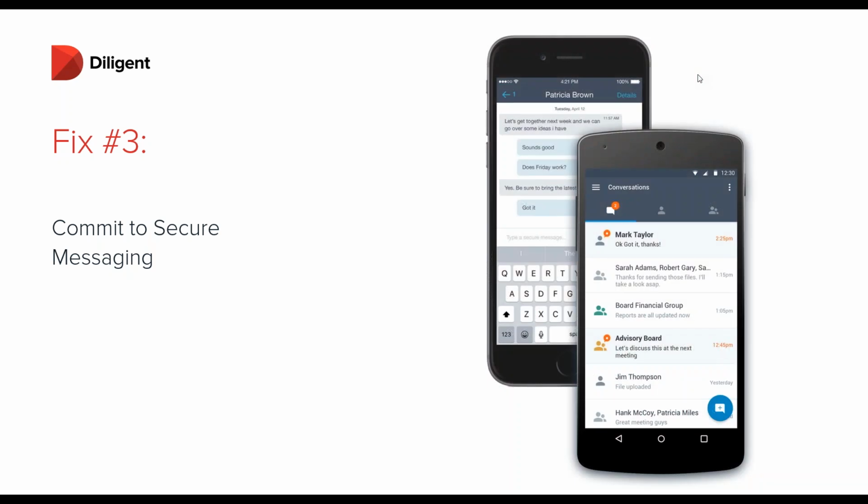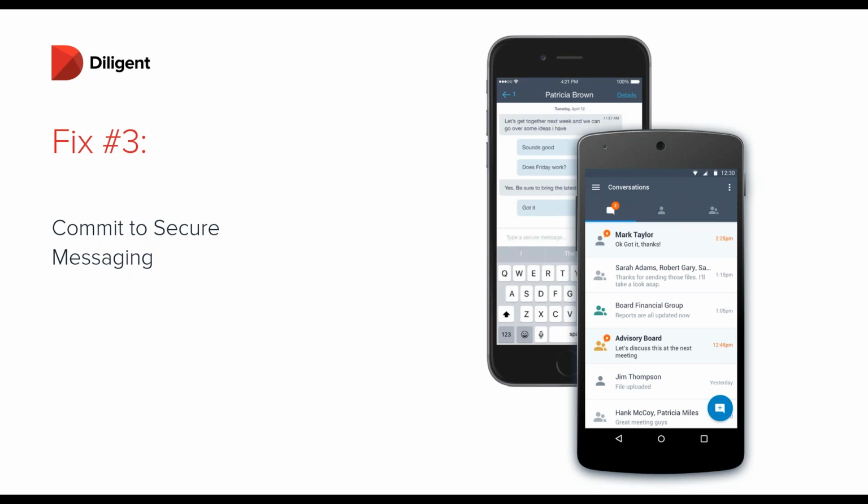So Diligent does have a product in this space, Diligent Messenger, and it's built with all of these considerations in mind, built for enterprise, for director level communications. So it's very secure, using the same security methodology as Diligent boards, very trusted security. It's also really intuitive to use, really convenient. So if you have a Diligent boards account, you can use those same permissions to get into Diligent Messenger with the same biometric authentication. You can see here, available on iPhone and Android, and it looks just like any other texting app. Really, it's pretty intuitive to use.